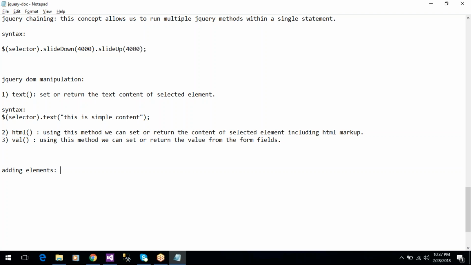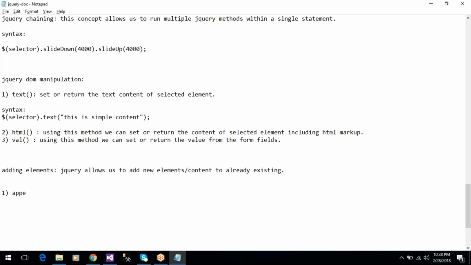Okay, we will look at four jQuery methods that are used to add new content. jQuery allows us to add new elements or content to the already existing content. So we have four methods: